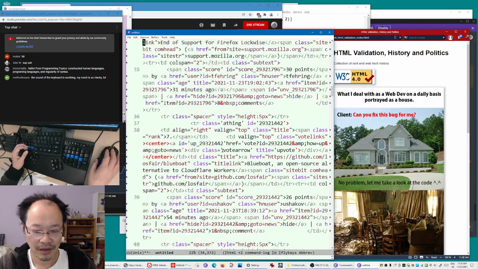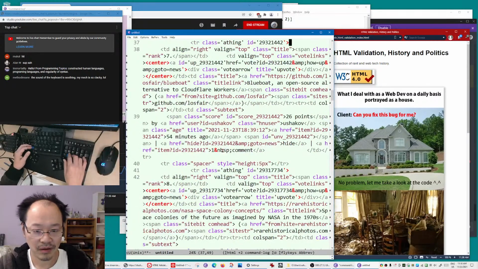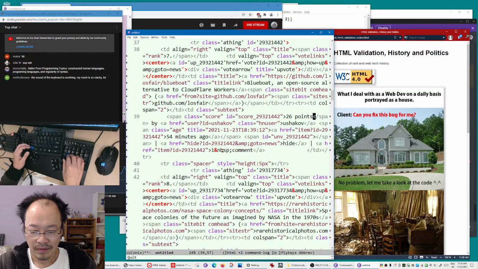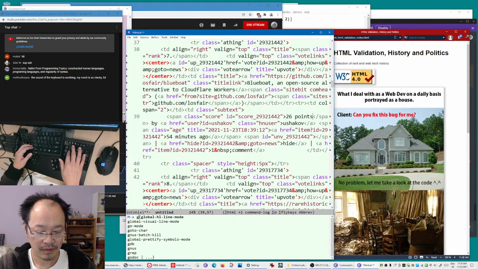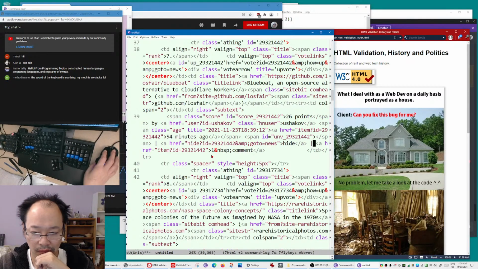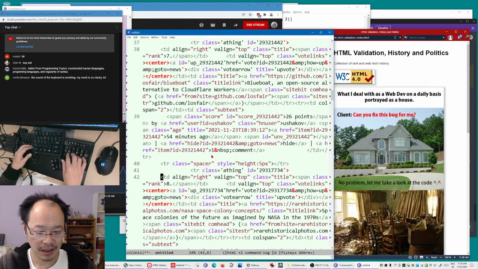So anyway, the source code of Hacker News, let's look a little bit more. You see 26 points. You see they still use the center tag.